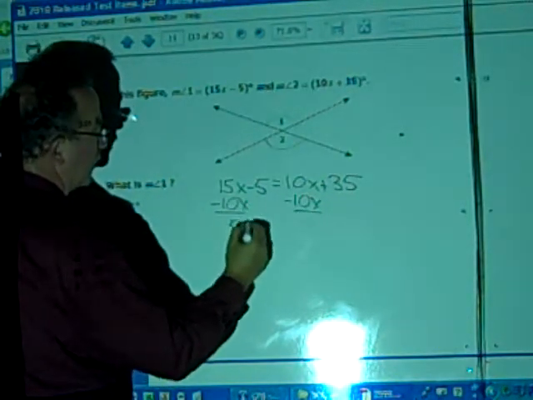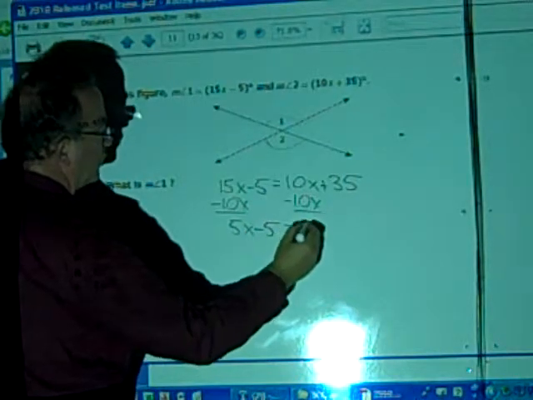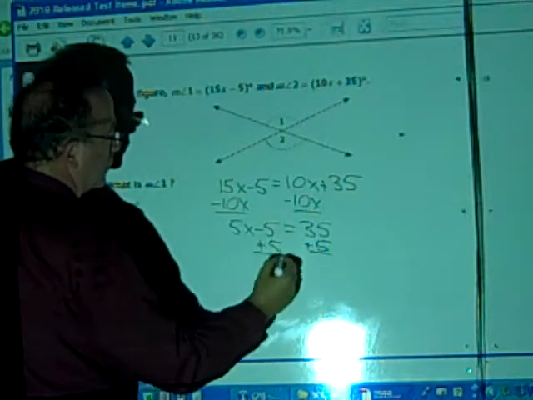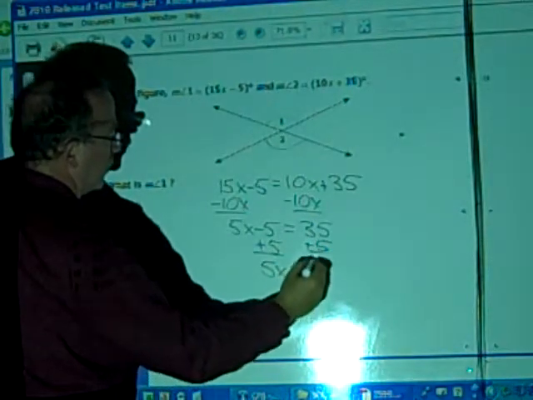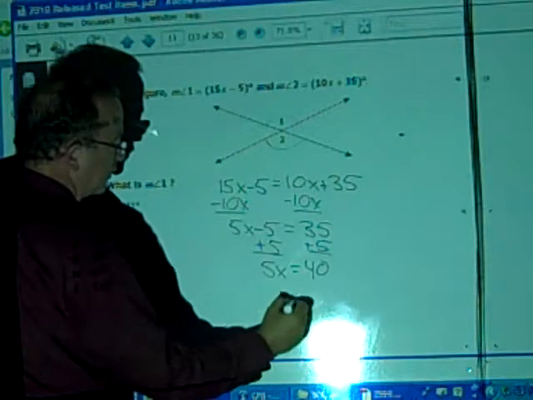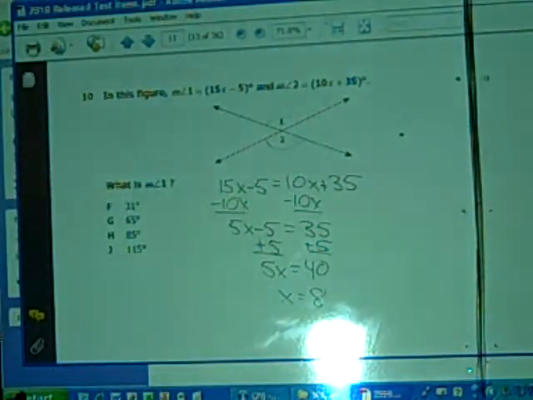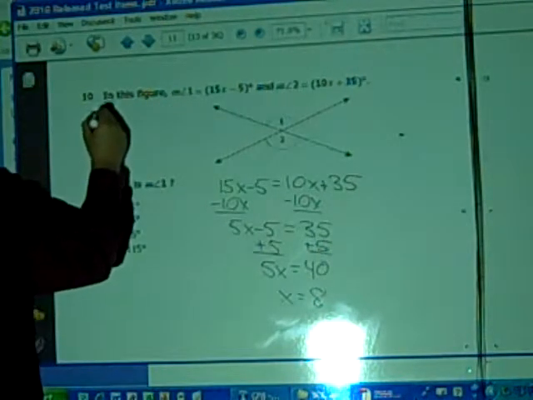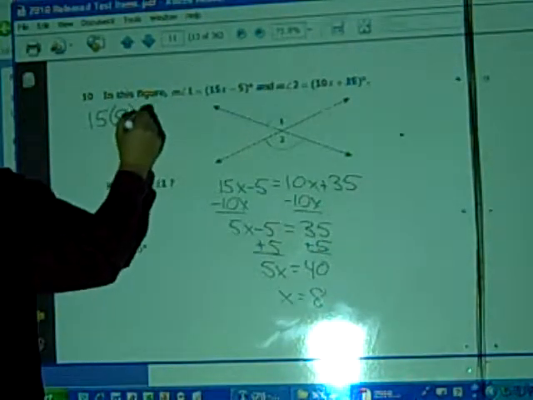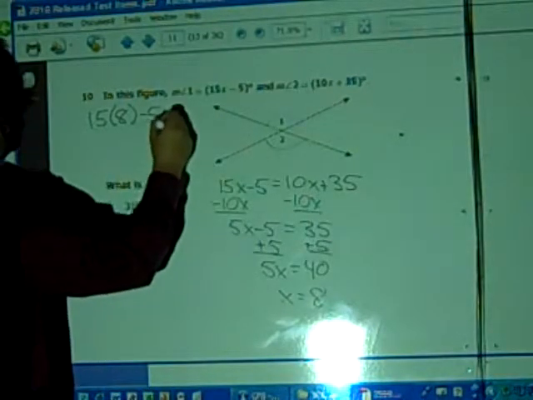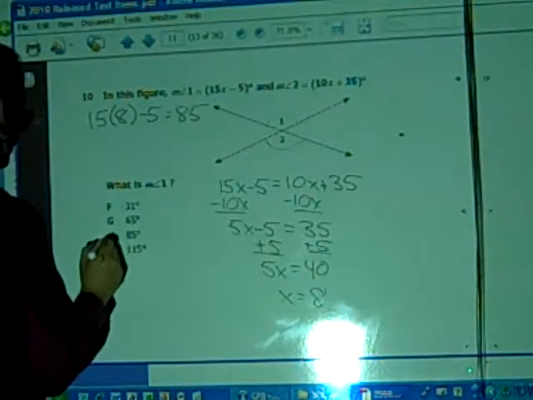That leaves us with 5x minus 5 equals 35. Add 5 to both sides. That gives us 5x equals 40. Divide 40 by 5. That gives us x equals 8. 8's not over here because they asked us for the measure of angle 1, so that's up here. So we're going to do 15 times 8 minus 5. 15 times 8 is 90 minus 5 is 85. So 85 is your answer, and H would be